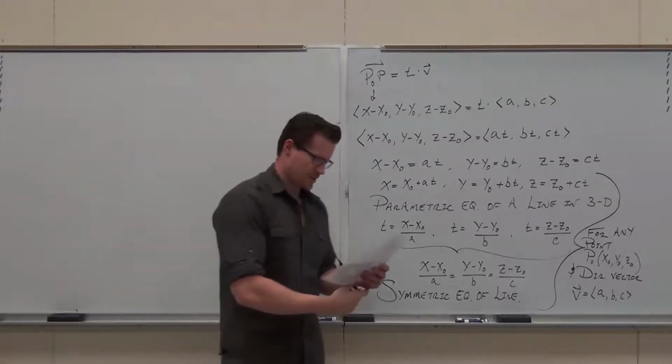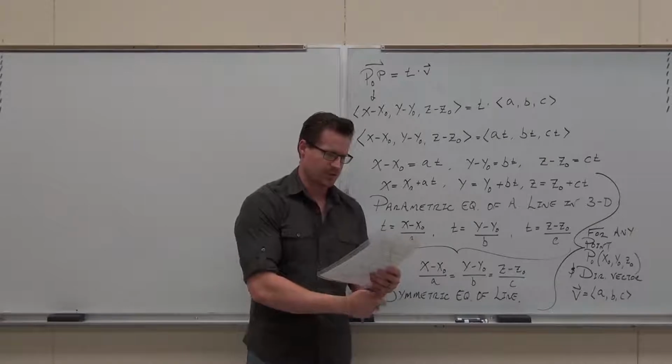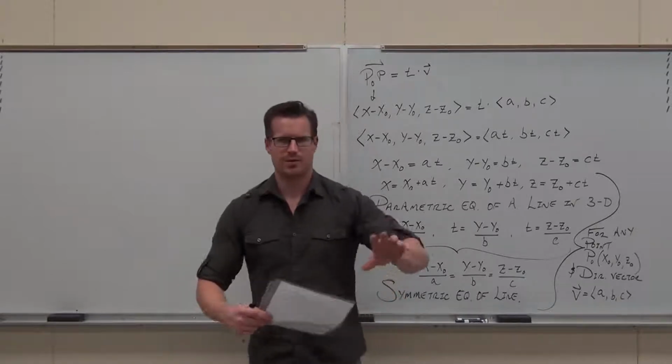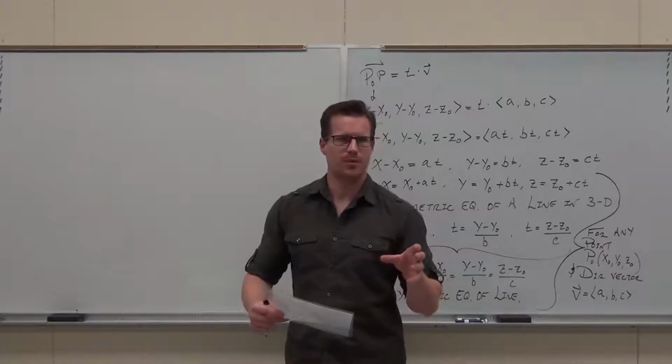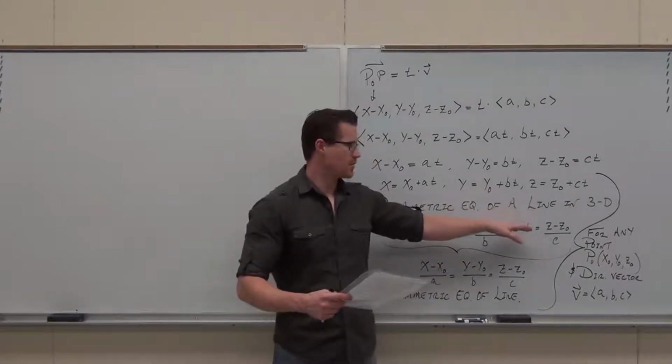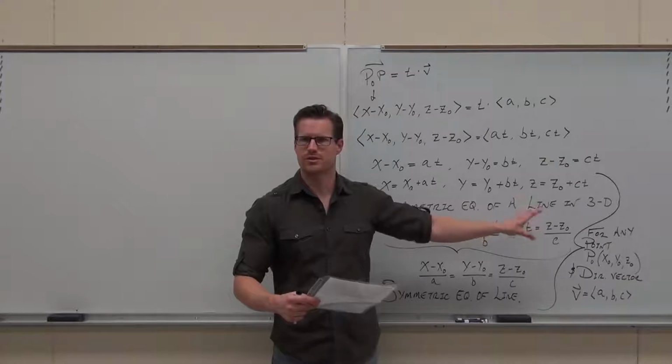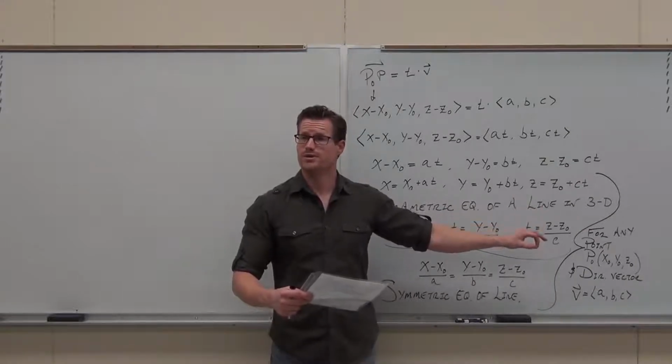You know what? Actually, I'm going to write a couple notes before I do that. I know I'm going to forget if I don't do this. I want you to know that if a direction number is zero. What's a direction number? x sub 0, y sub 0, z sub 0, or a, b, c? What are direction numbers quickly? If one of those is 0,